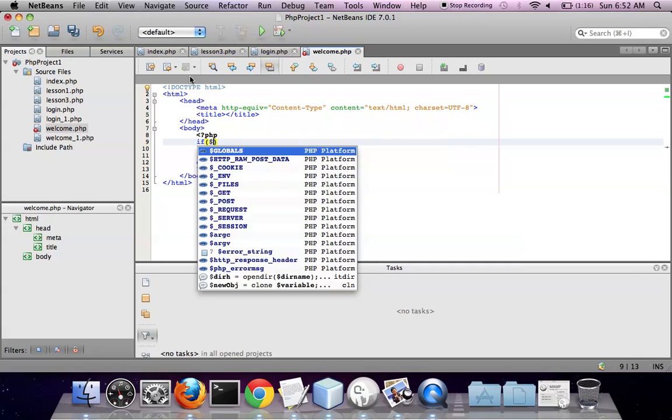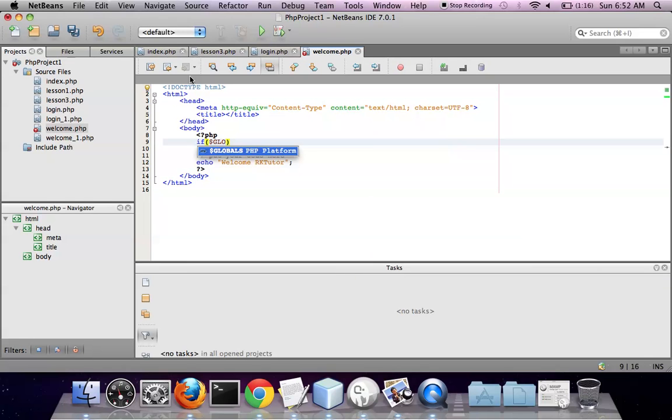So there is a globals variable, and from the global variable, sorry, we have to use get, and from get I have to use username. If get username equal to, let's say I'm hard coding like arcade tutor,